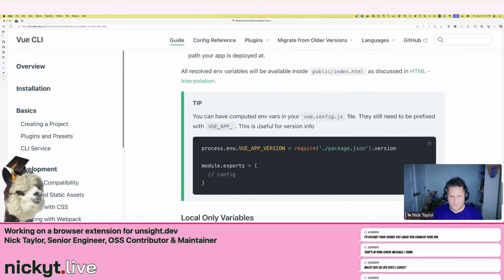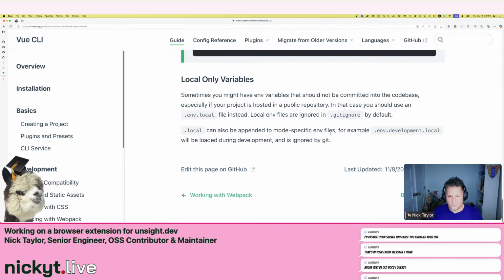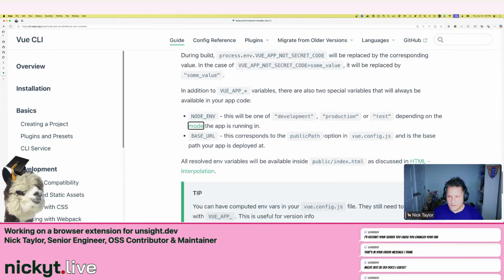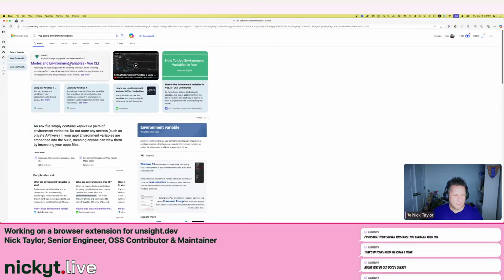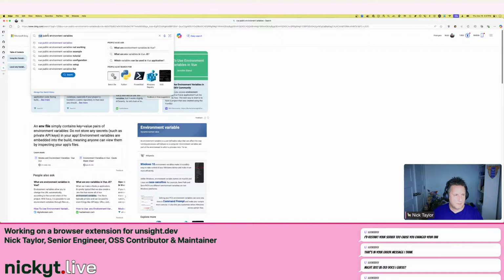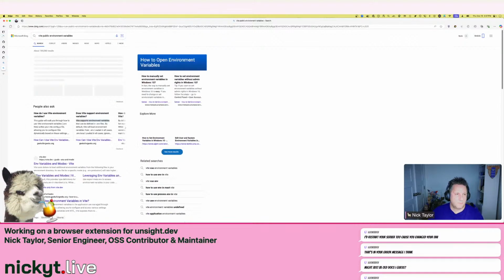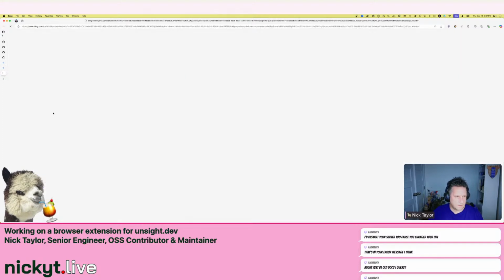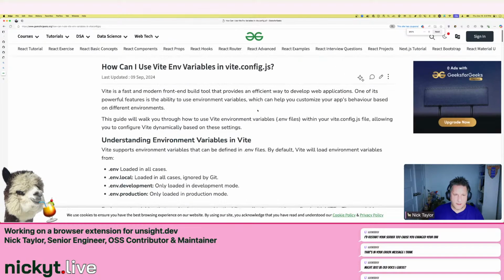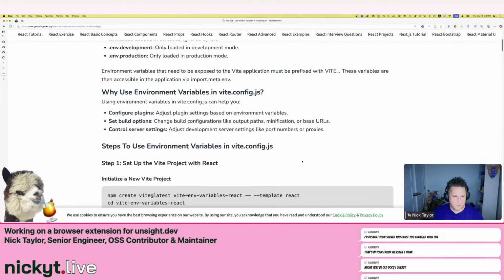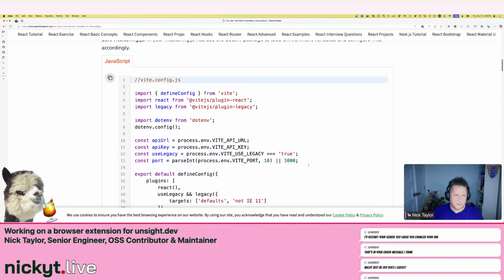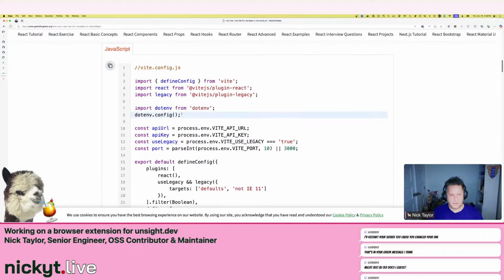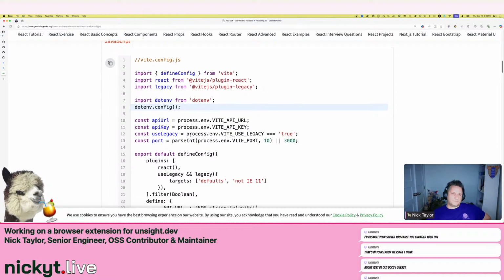Process.env. No. Local only variable. Sometimes I have environment. Yeah. Okay, that I get. Last updated 2022. So, oh wait, I'm in Vue CLI. Maybe that's why. Let's see. Vite public environment variables. This is not the official docs, but whatever. Yeah, VITE underscore. I've got that. Really, I have to do import.env even. I find that hard to